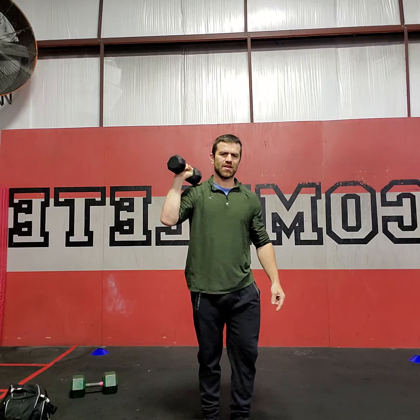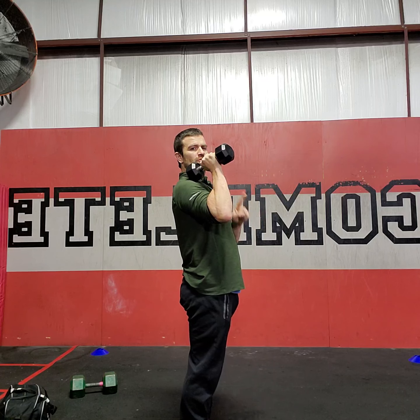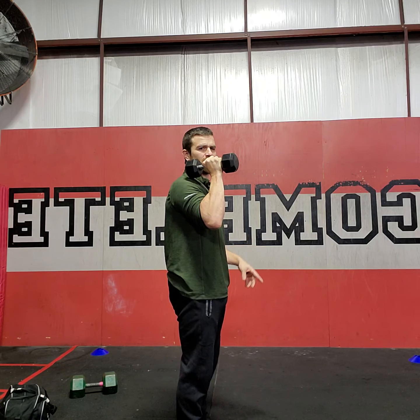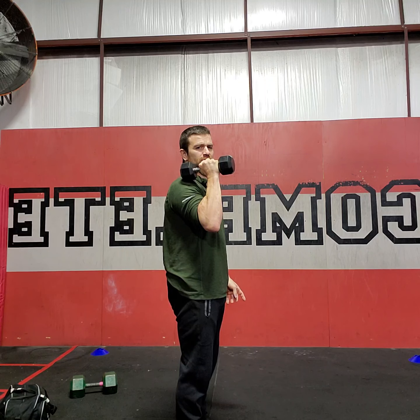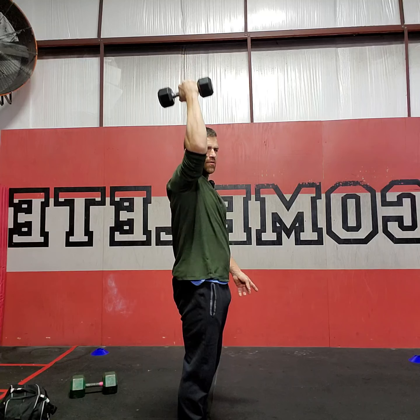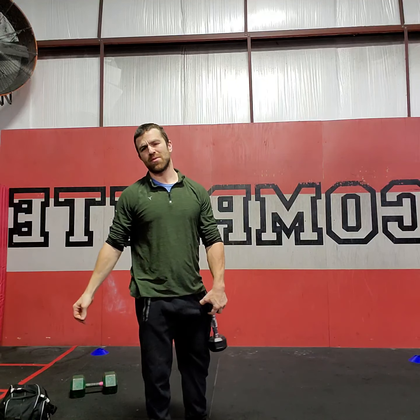I'm making sure that I'm staying tight and connected. That means as I press, I'm never letting my rib cage float out. I'm always staying locked at the glutes, locked at the quads, locked at the belly, pressing for explosiveness. 1, 2, 3, up. I'll go for 30 seconds on my right side in that fashion, and then 30 seconds